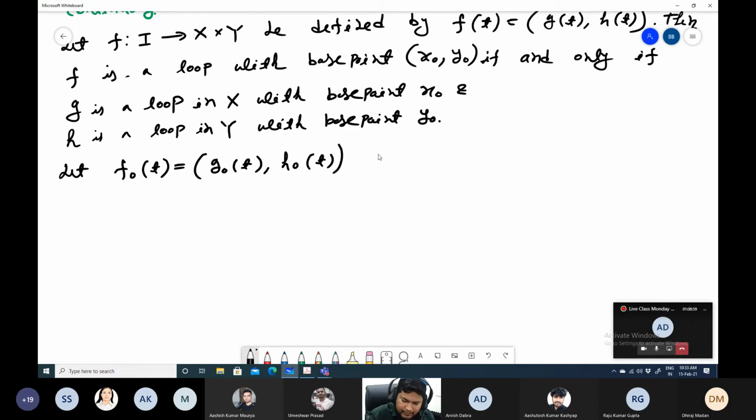h0 t, and say f1 t equal to g1 t comma h1 t. Okay. So these two loops actually